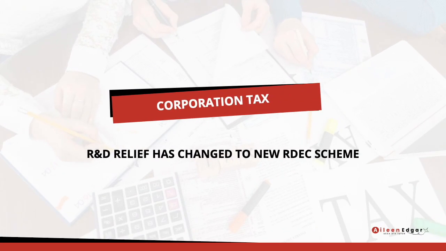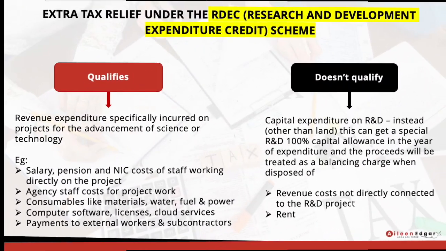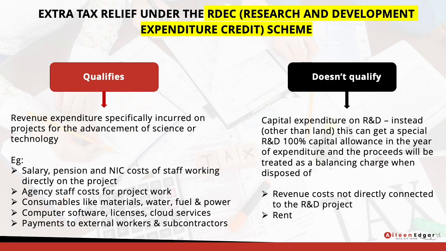To encourage businesses to spend more on research and development, additional tax relief is given if a company spends money on qualifying research and development. These businesses will already be able to deduct the expenditure against its trading profits. What we're talking about here is an extra tax relief on top of that, which is given under a scheme called the Research and Development Expenditure Credit, RDEC. This replaces the previous R&D relief that you may have learnt about, and the RDEC scheme applies to all sizes of company.